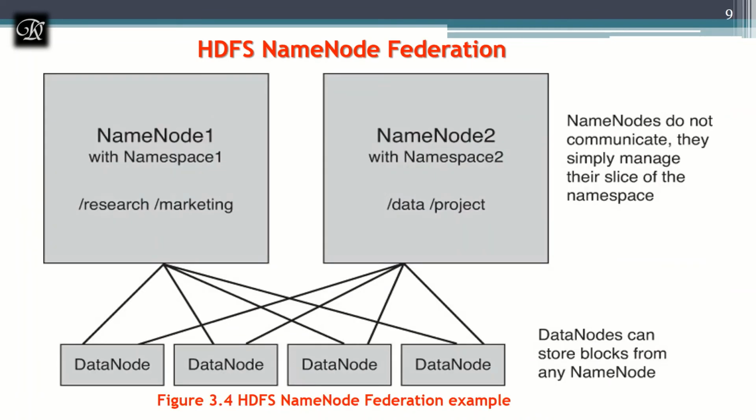Next is the name node federation. We can go with the name node federation. The federation is going to overcome the limitation of one name node, because one name node has a limit on how many data nodes it can handle. If we add more data nodes, the name node will be heavily loaded. So we can have multiple name nodes. Now we can bring those together and call it a federation.